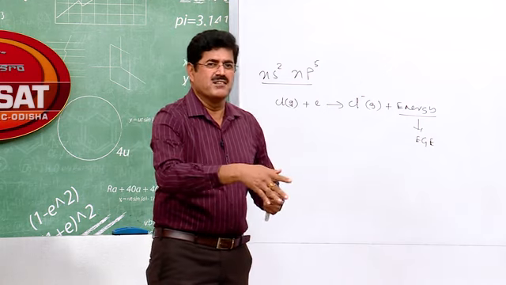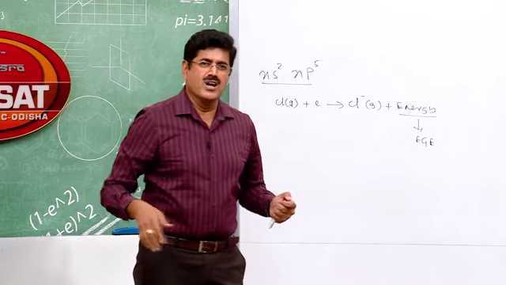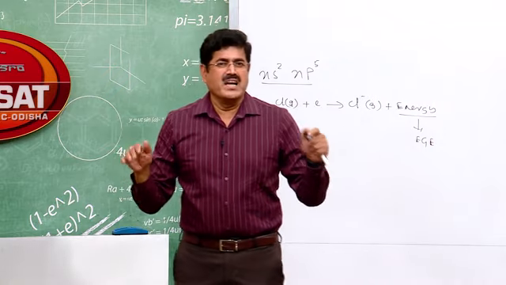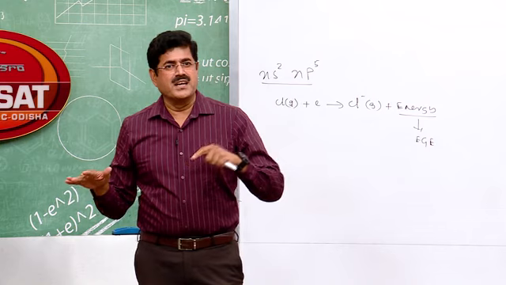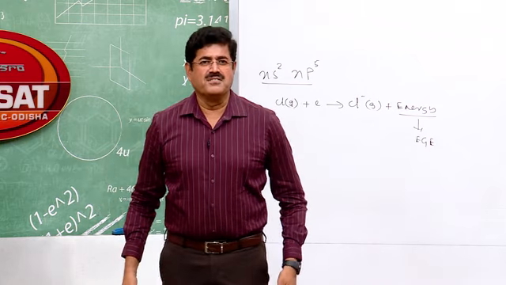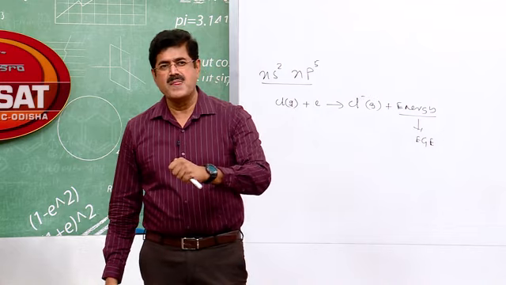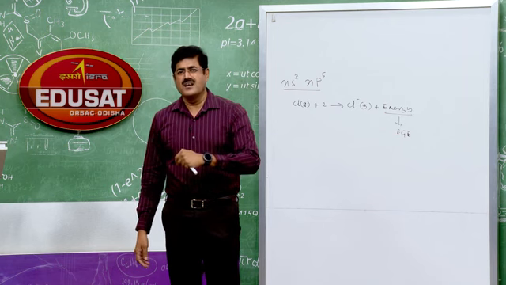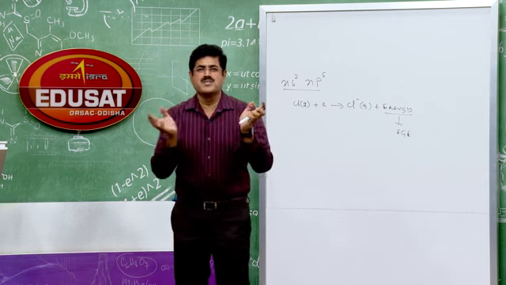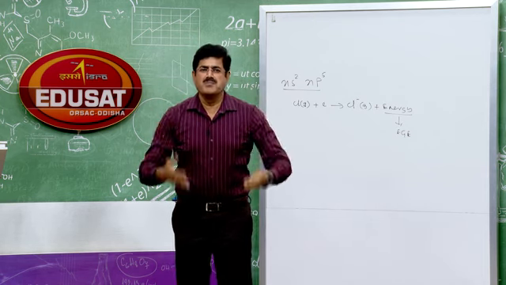In chalcogens I have answered this. In the nitrogen family also I have discussed this question. The elements of the third period possess higher electron affinity than the elements of the second period, particularly in p block elements. So here chlorine has the higher electron affinity than fluorine. It is because, same answer once again, let me repeat that.